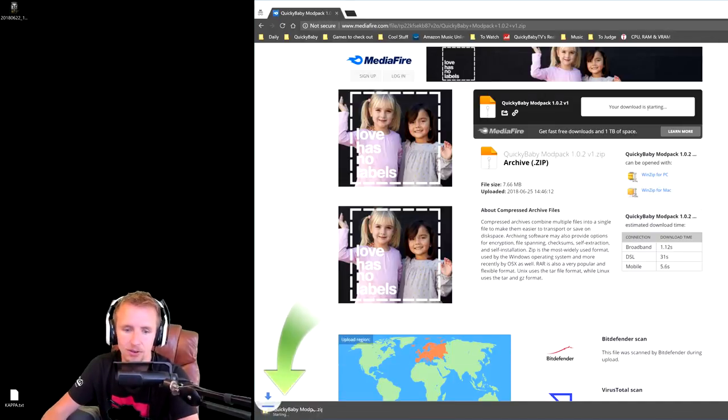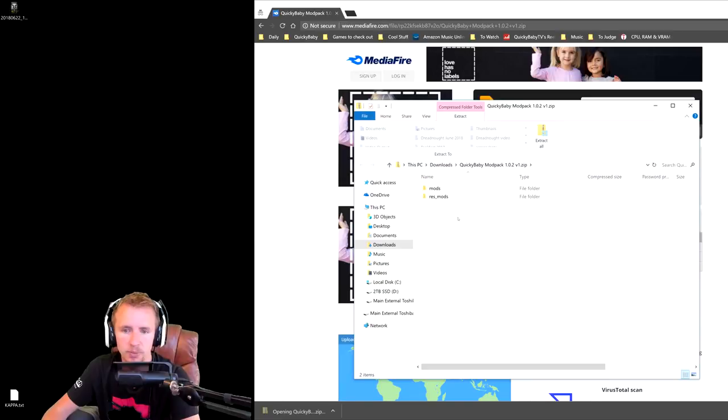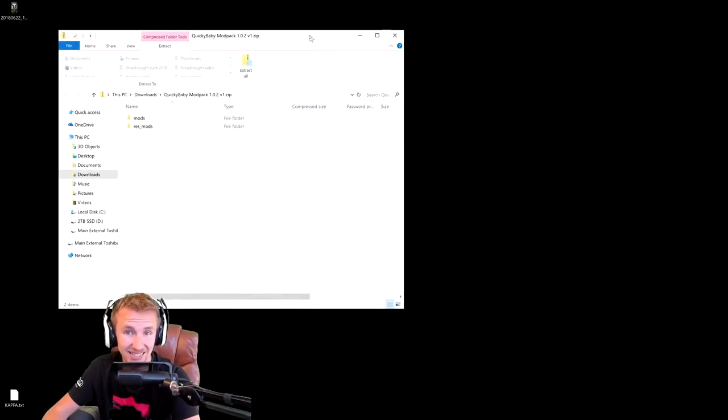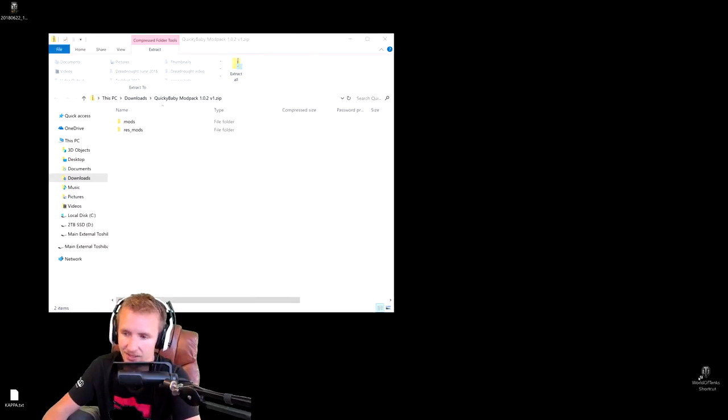So once you click that download button, it will appear here on your bar. Once you open that up, there will be 2 files inside it. One mods and one res mods folder. Now these need to be put inside your World of Tanks client, and the easiest way to find where your World of Tanks client is installed is to right click the shortcut on your desktop and to open that